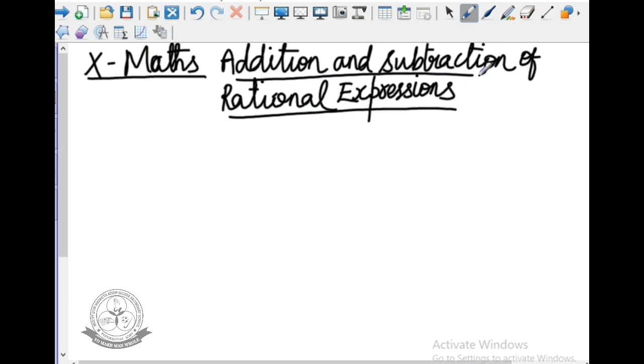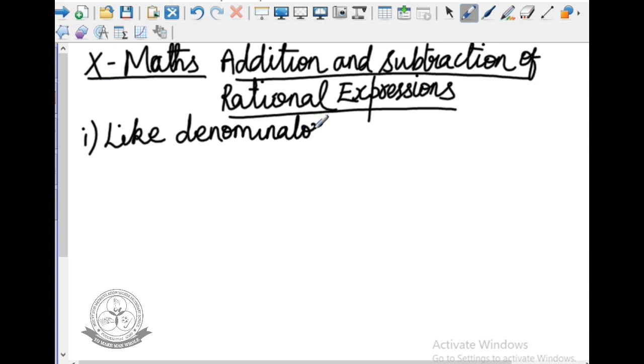In this one, there are two cases. The first one is like denominators. If the rational expression is of the form p of x divided by q of x, q of x not equal to 0, it is the rational expression. A rational number is of the form p by q, q not equal to 0. So, in rational expressions or rational numbers we have denominators. So, I take the first case, like denominators.